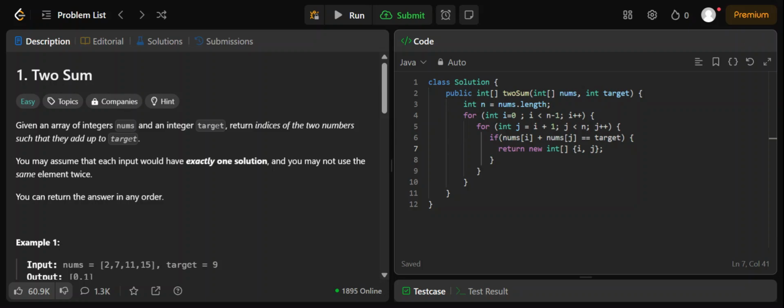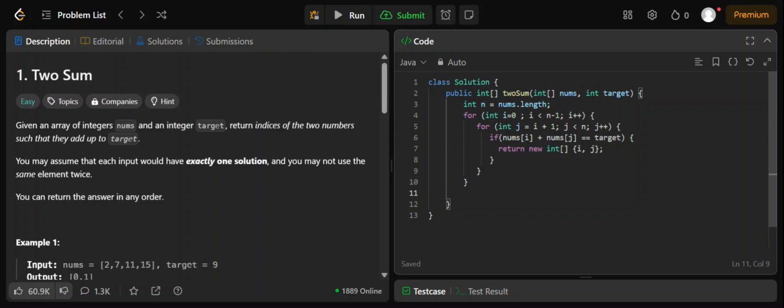But one more thing is there. If it doesn't find any solution, that is, if the user has input the target and in the array there are no two numbers whose sum is equal to that target, then it has to return no solution found. So for that case we need to output an empty index.